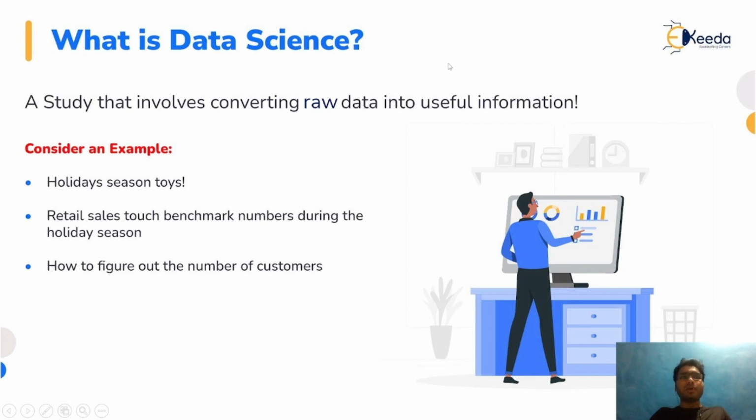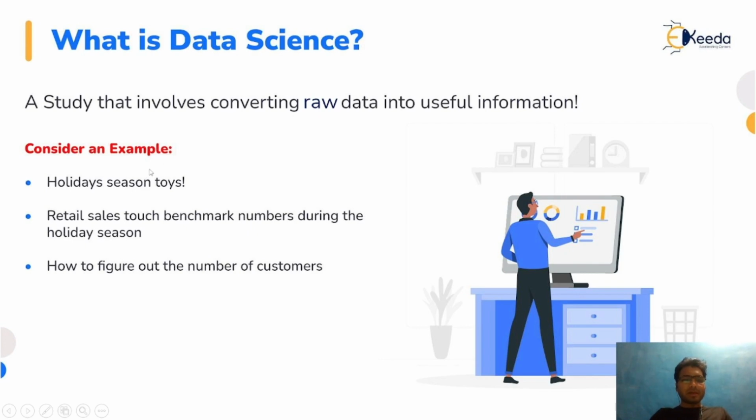Similarly, if I take the example of banking data, the major task of a bank is to identify who are the customers who can default going forward, or who will pay their loan on time. So this is one of the great use cases in the banking industry. Banks, at the initial stage, just get the raw information about a customer, and then using that raw information they try to derive some useful information on the basis of which they deny your loan application or accept it. So this is data science.